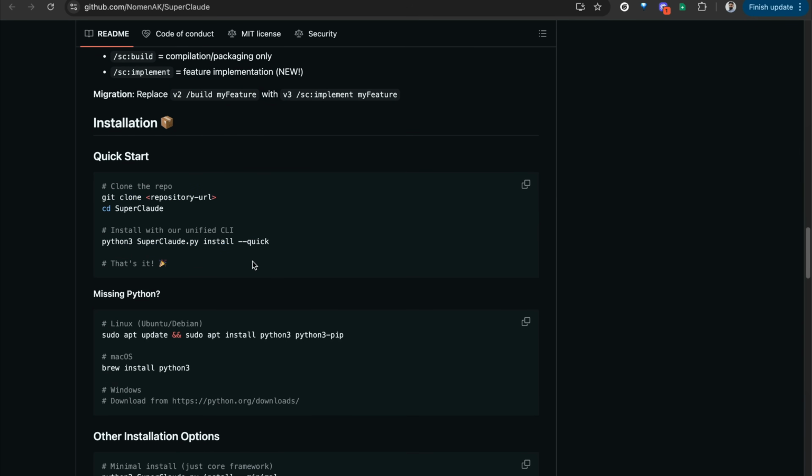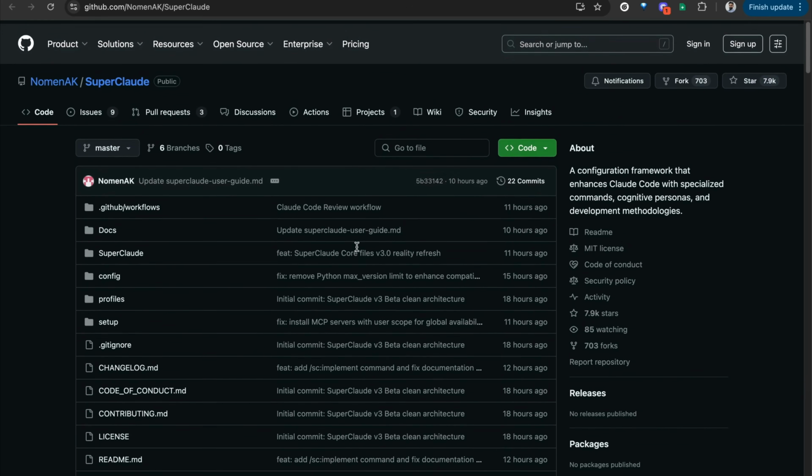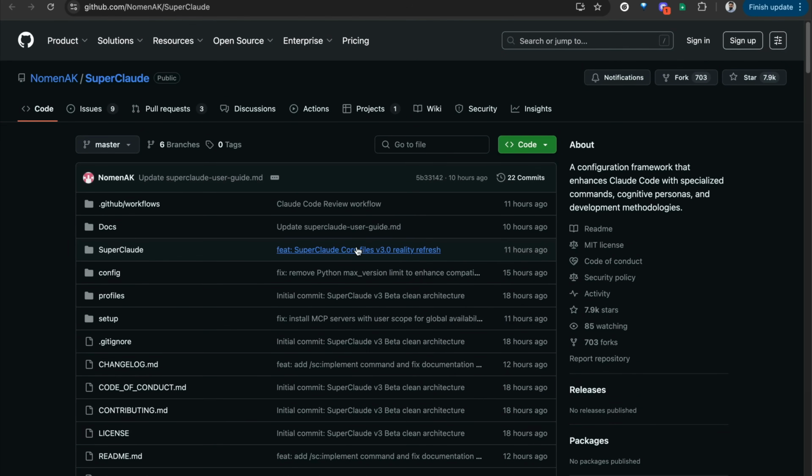Installation is pretty simple. Clone the repo, go to the folder, and run this particular command. That's it. So I am going to do a dedicated video on all the other types of software projects and packages that extend the capabilities of Claude Code, but these things are also available for you to directly start leveraging these best practices and